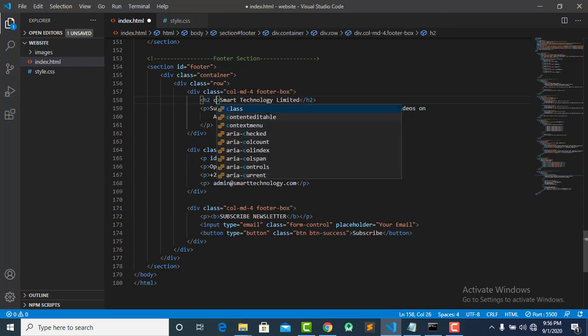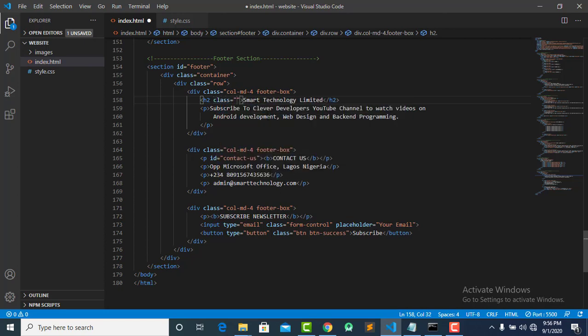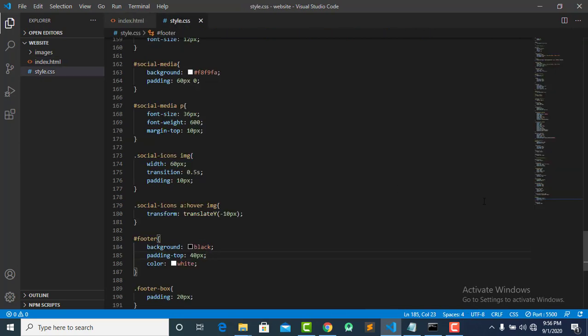We'll give it a class, we'll call it footer logo. We'll take it, go to our CSS,